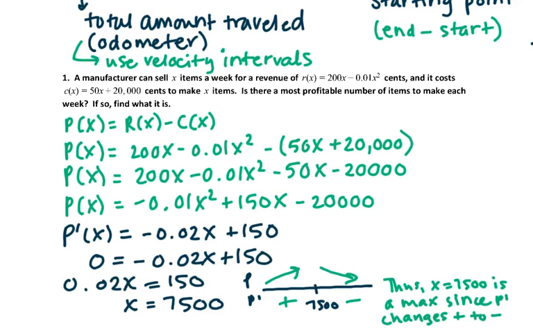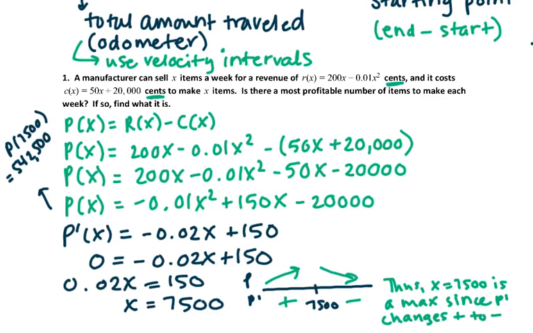And now we can actually answer the question. So is there a most profitable number of items? And the answer is yes. And then just for fun, let's find that profit so that I can make sure we would do that correctly. So you could plug it back in to that equation there and find P of 7,500. And it should give you a pretty large number, 542,500. And the reason I wanted to actually find this is because this is the type of problem you have to be careful, because our original problem was in terms of cents. So like had they asked you for the maximum profit, you would need to be very careful with this number and make sure you use the correct